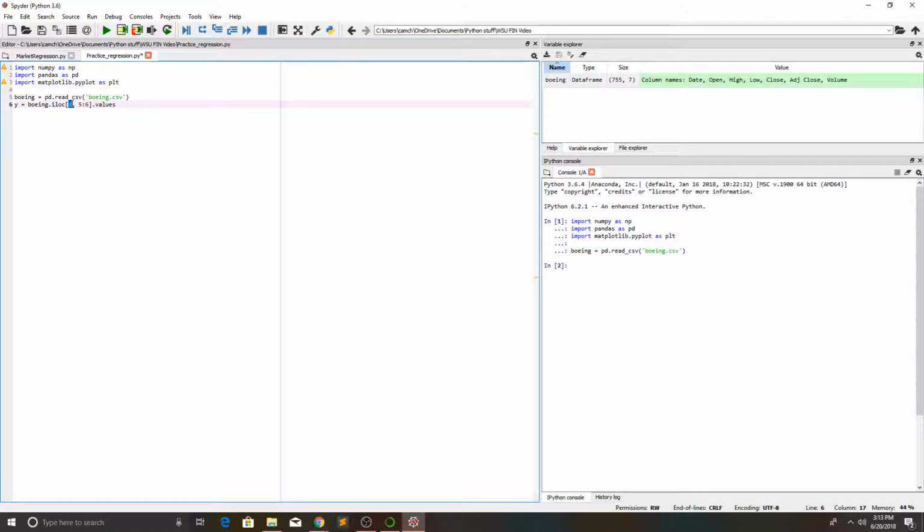So since we're not putting any numbers here, we're just putting a colon. That's like saying we want all of the rows of data. And if you wanted specific rows, like rows from 0 to 10 or 0 to 9, you could just put 0:9. But since we need all of them, we're just going to put a colon and it just reads as all of them. So right here, we're going to put 5:6 because, again, if we look at our